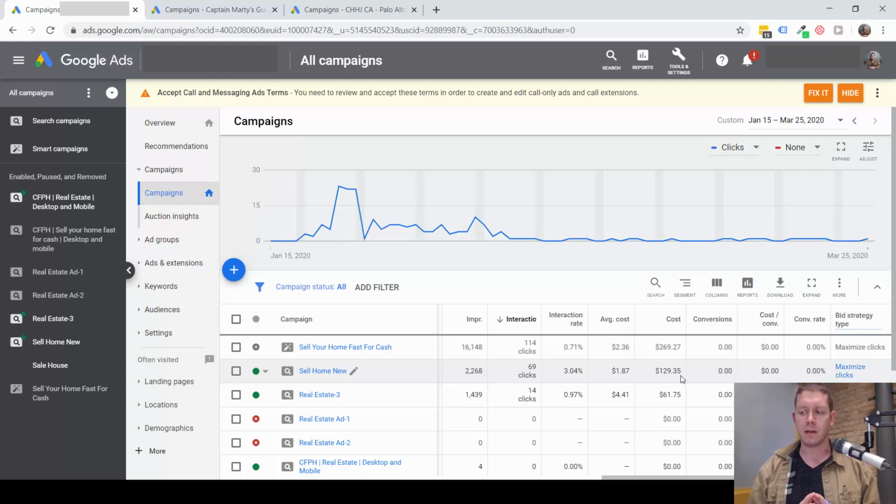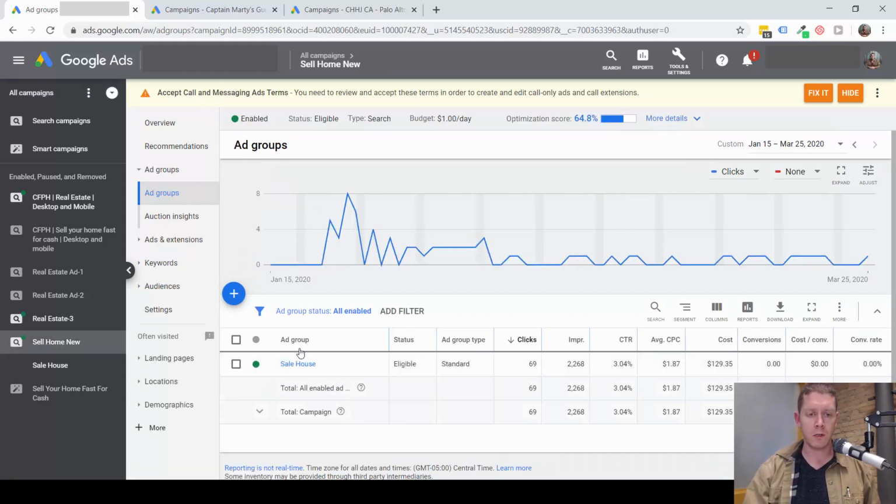So with maximize clicks, Google is going to try to get you as many clicks as possible. That means it's going to be sending you the cheapest clicks. Cheap meaning they don't cost you much, and also cheap meaning they're really not of any value to you. So maximize clicks is the wrong strategy. Now you can see there aren't any conversions here, so we really can't set up a strategy based on conversions right now. So we need to have a click-focused strategy, but rather than maximize clicks, what it should be is